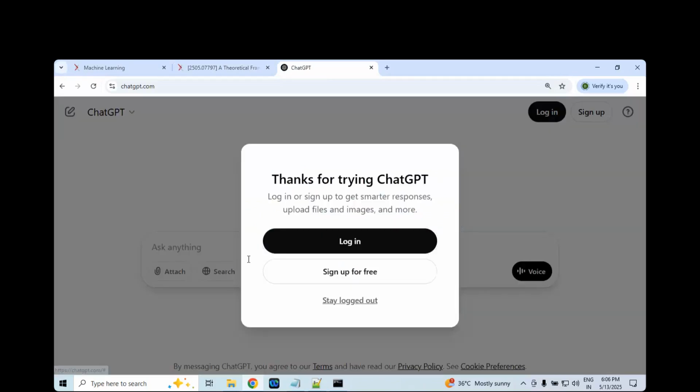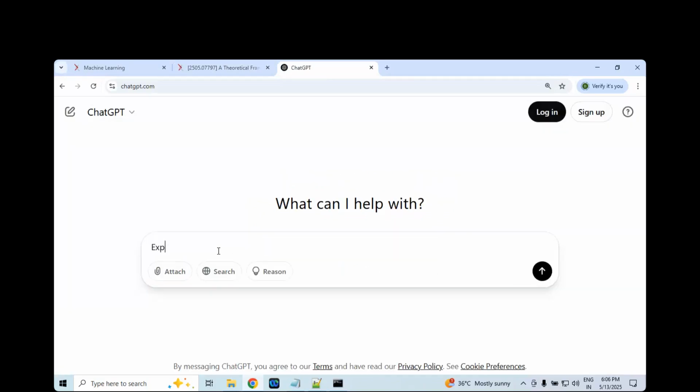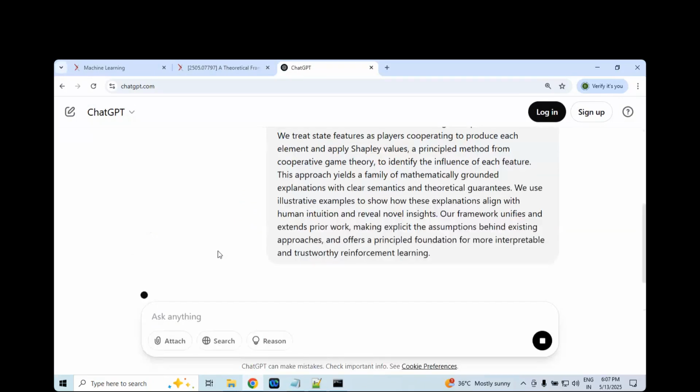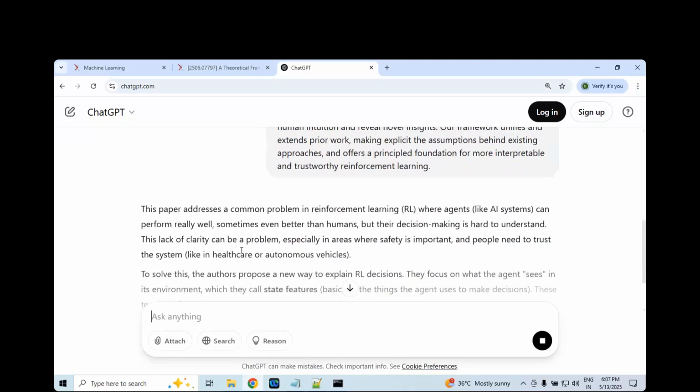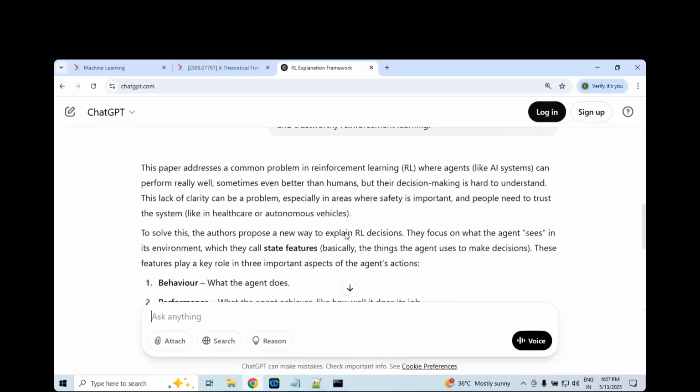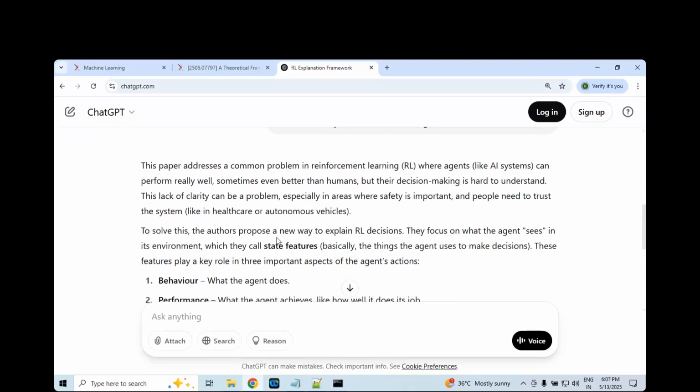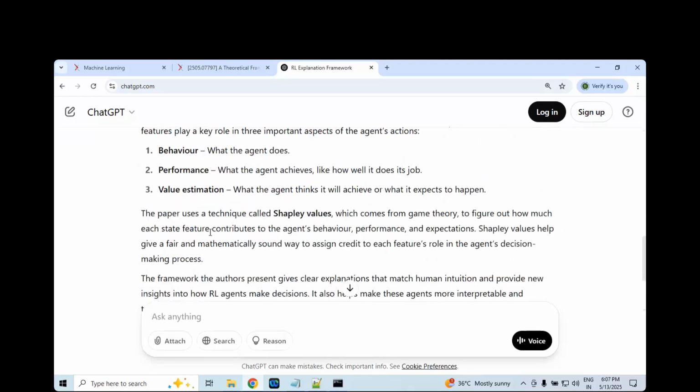You can ask ChatGPT: explain this paper in simple words. We have taken that paper and we are asking. In olden days, understanding a research paper was too difficult. But nowadays, because of ChatGPT, it is explaining very nicely, in simple words. You can walk through the theory. What is the problem statement? What is the solution? These are all things it will explain actually.